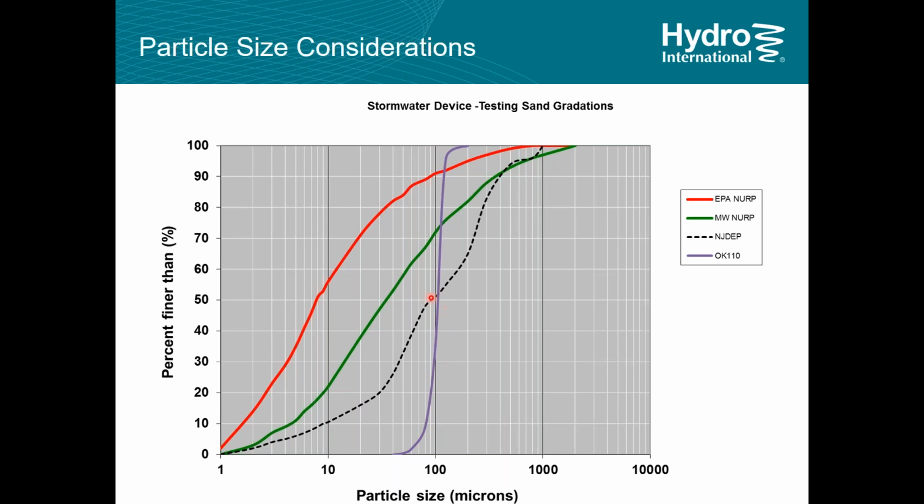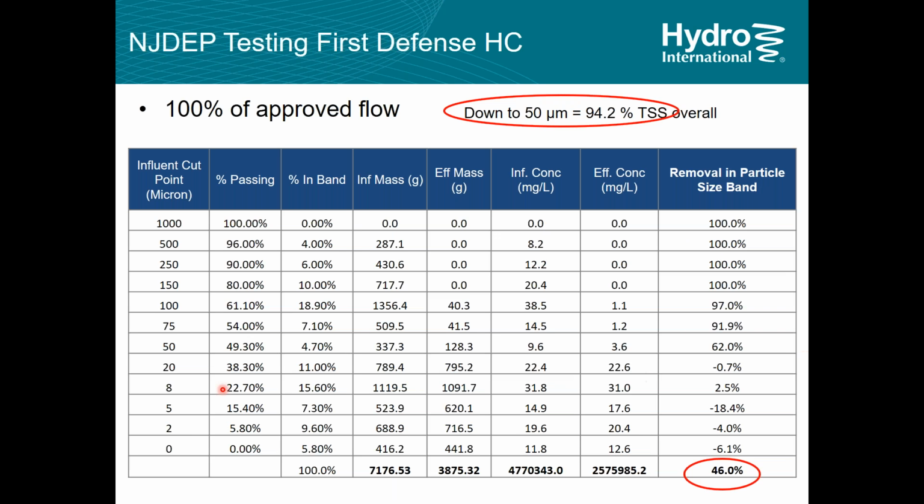Its sizing is not too different, but it's a very narrow particle size distribution of about 75 microns up to about 150, 200 microns. So it's a very tight gradation. So even though these two, the New Jersey and the OK110, appear close in the middle, they're quite different overall. Now that's the important thing. The median there on the OK110 is about 75 micron. And when we go to our New Jersey testing, we find at 75 micron, we're removing over 90%. So that's how I can demonstrate that